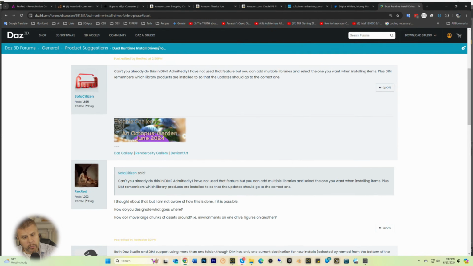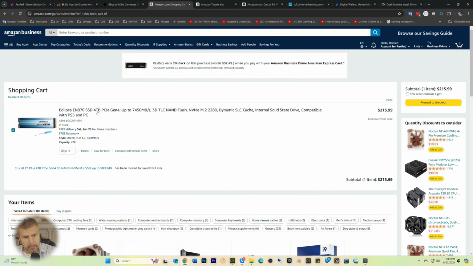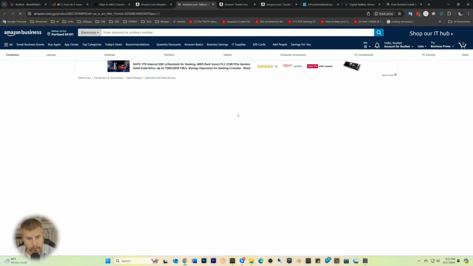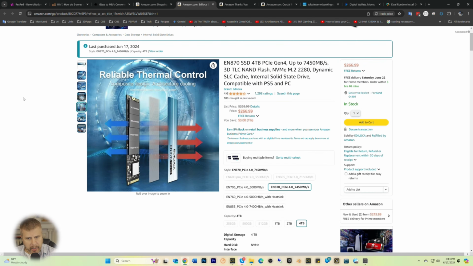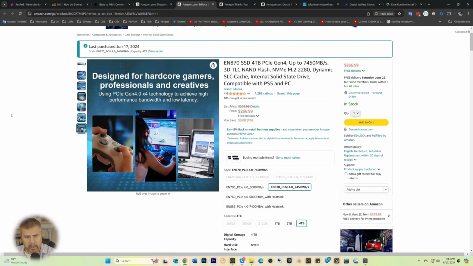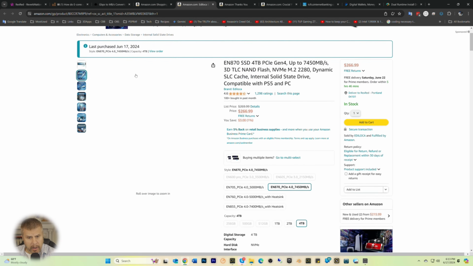Now I'll show you all, let's see if we can get here. This is the deal that I would suggest right now. This is a massive price, okay? It's $266 for the 4 terabyte. I think, and this particular drive here